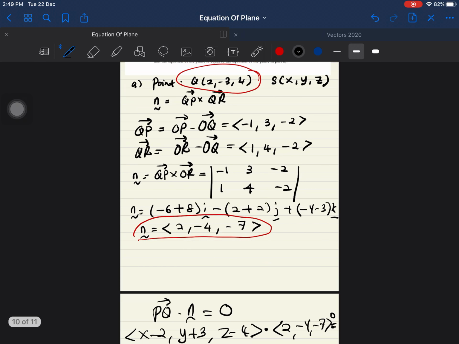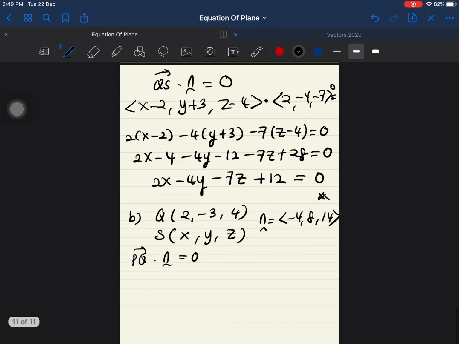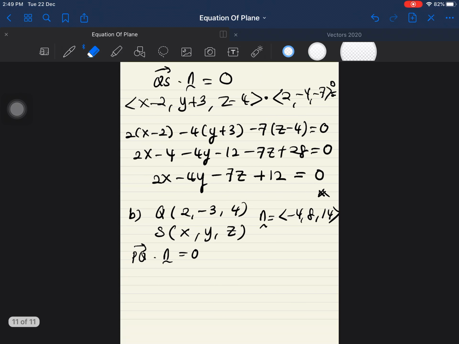Okay, so be careful guys. Like before, here we use QS. So here to make it easy you should do QS dot N. Okay, and also for this one we use QS. Then you can see the connection, right? Okay, so